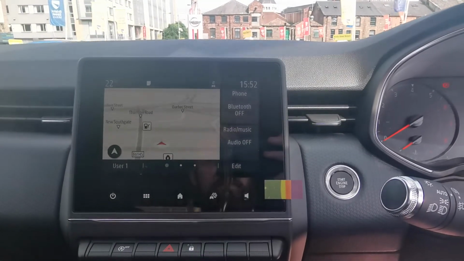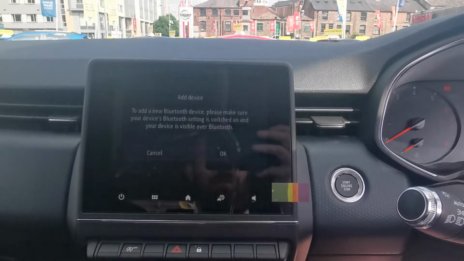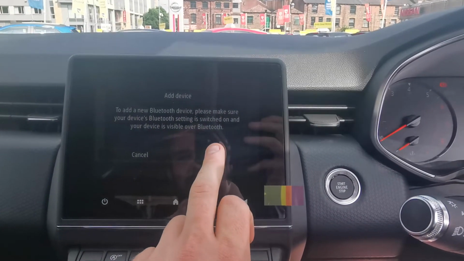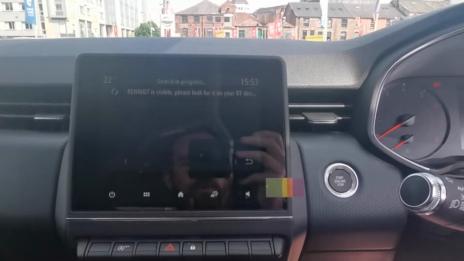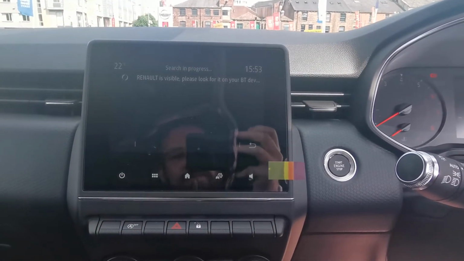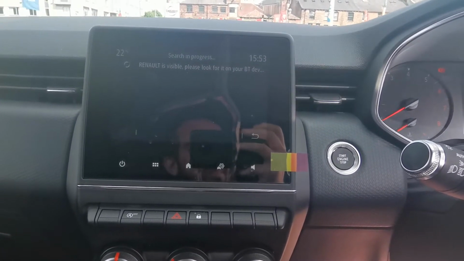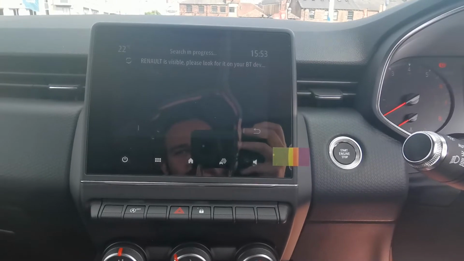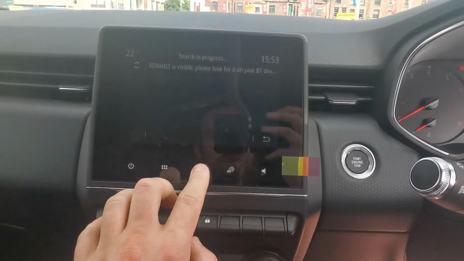So the main thing obviously is setting your phone up. If you click on the phone there, to add a new device, please make sure it's turned on. Press OK, and then it will search for your phone. When it comes up with your phone, click on the phone and press accept to all the different permissions which it asks for, just so you've got full capability of it. So if I press home again,